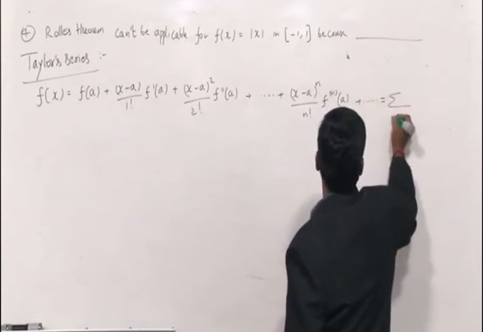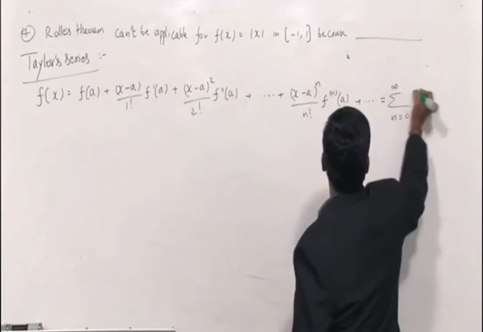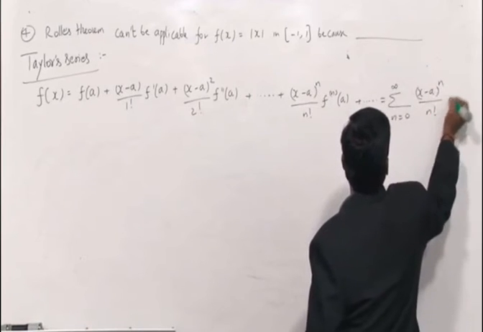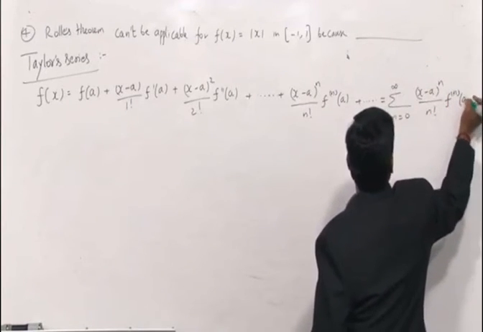This can be written in summation form: sigma n is equal to 0 to infinity (x minus a) whole power n by n factorial f^(n)(a)